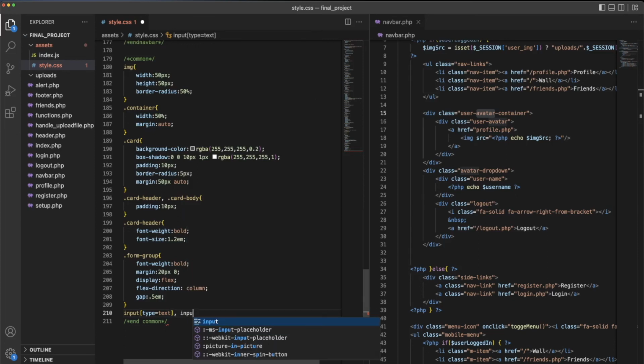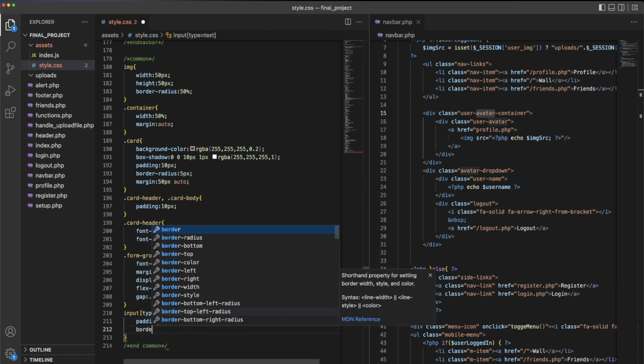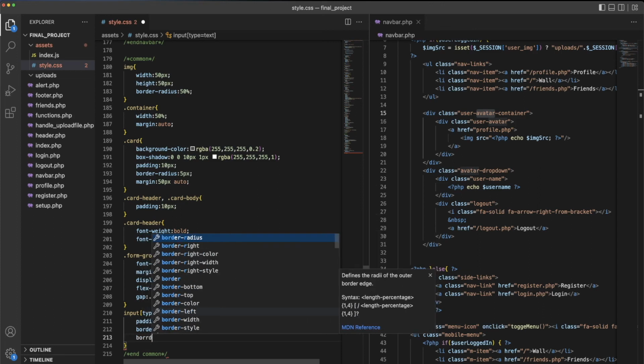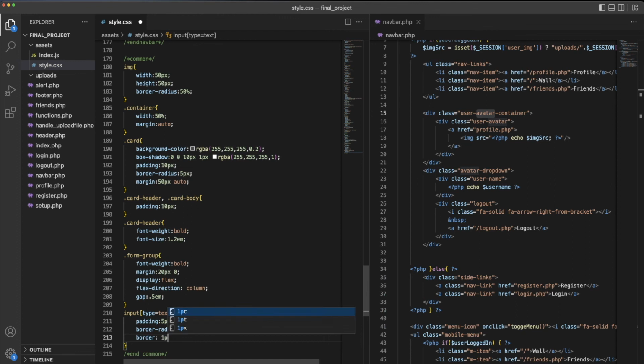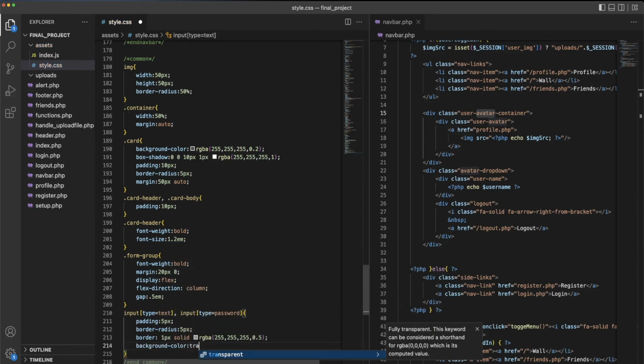And we also want to update the type password too, because they're both similar, to be honest. I think we don't need the quotes. Let's try it. Padding 5 pixels, border radius 5 pixels, and then we'll do the border color. So border will be 1 pixel solid, and then the color RGBA, again we'll do white, but we'll set it to 0.5 opacity. And then background color transparent,